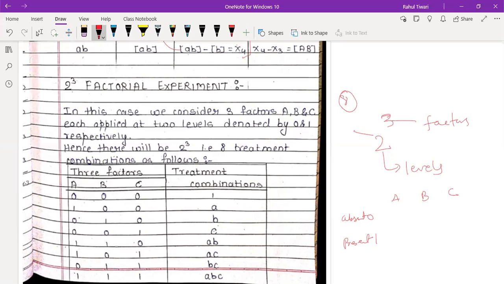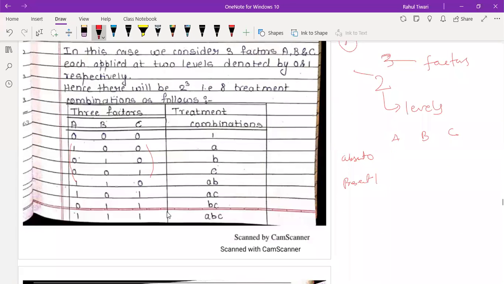So A, B, C, 3 factors, and you have to write different combinations. तो मैंने कैसे लिखा ध्यान से देखो. तो पहले 0 0 0, then 1 0 0, 0 1 0, 0 0 1. It is something like an identity matrix. I think everybody knows, because we have a combination of mathematics and statistics. Everybody knows what the identity matrix is. Whenever the diagonal element is 1, you can call it an identity matrix. Am I right? Yes. Whenever the diagonal element is 1, it is called an identity matrix or some other matrix. Anyone? Identity, sir. Yeah. Okay.